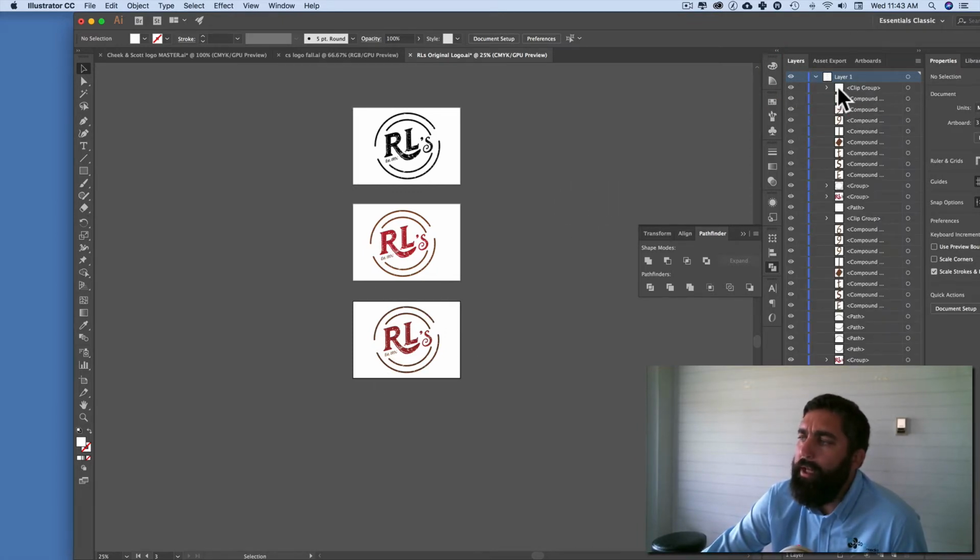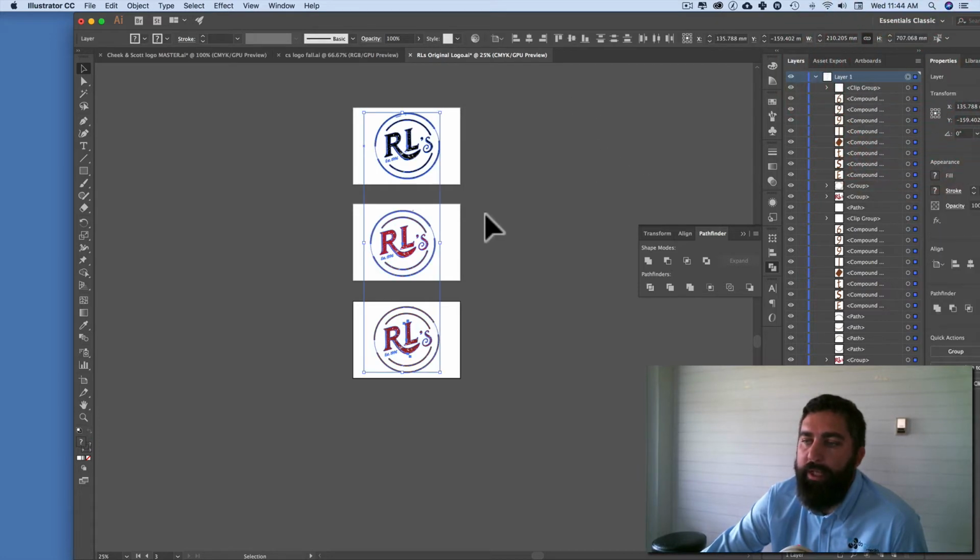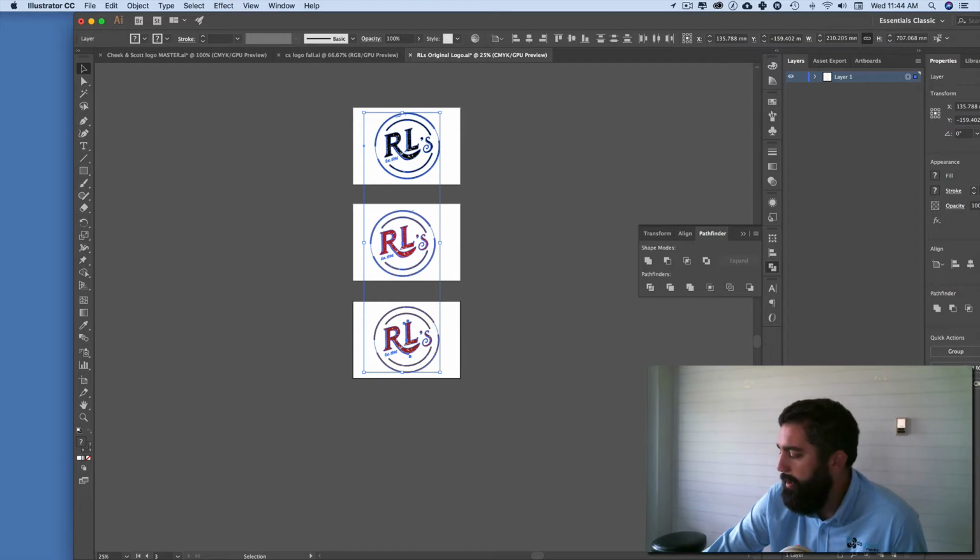But one of the things, so this is something I sent off to a buddy of mine to design, and he did, looks great, but he sent it back as one layer. Everything is in one single layer. So I want to show you how I like to design. Okay, so what I'm going to do is I'm going to take my selection tool here,